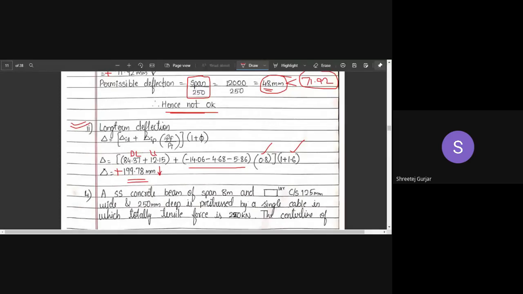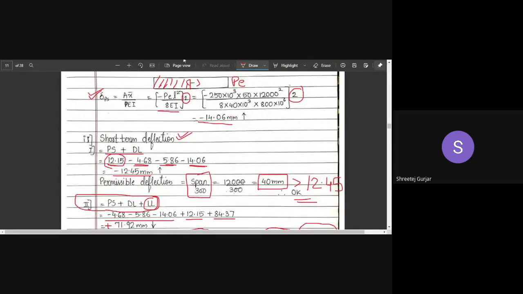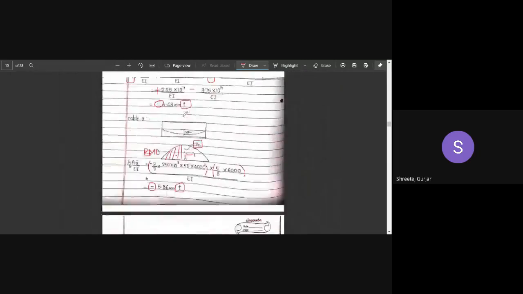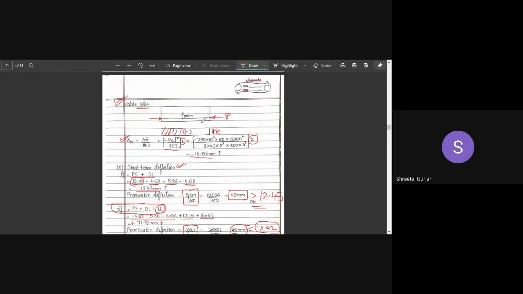So this is regarding the third numerical. If you have any doubt regarding the third numerical, let me know. It is very easy, you just have to divide it into 3. The deflection due to pre-stress is the only tricky one over here. You have to divide it into cable number 1, cable number 2 separately, calculate each, then cable number 3. Then add all those to get the delta PS.